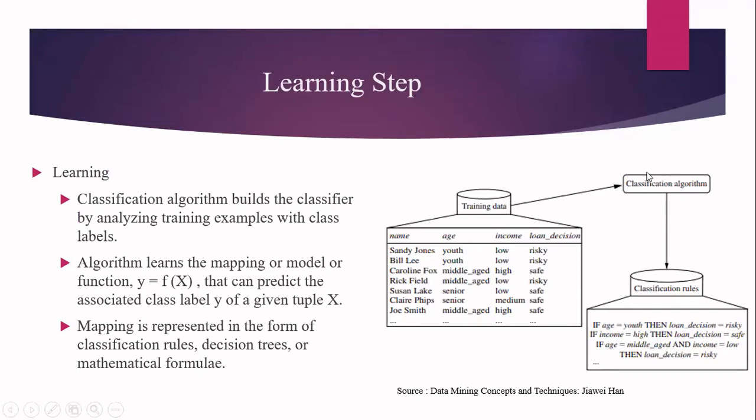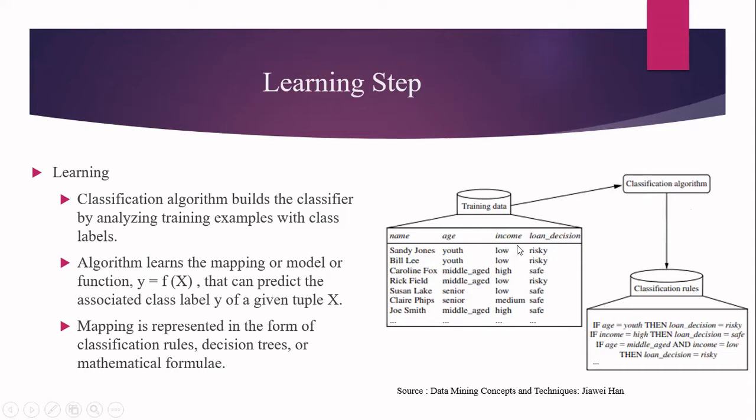That means this is my classification algorithm. This is a decision tree algorithm. Now I have to develop this algorithm. The aim here is that I have to give some input to this algorithm, that is nothing but the data set. So I'll be giving the training data as input to this particular algorithm.